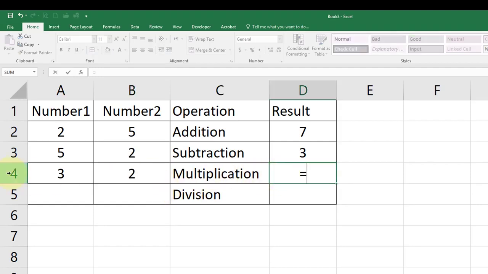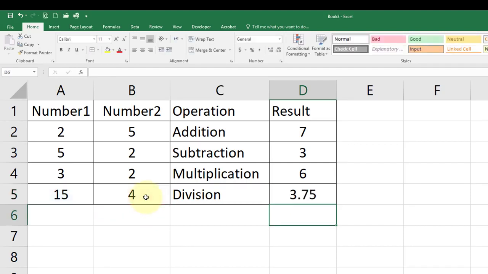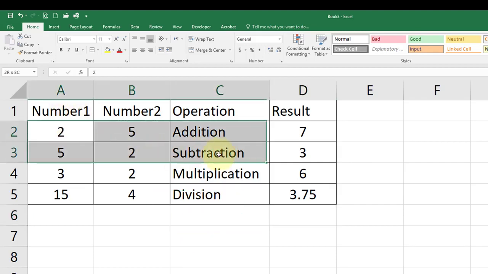The equal sign, the first number, then the operation, which is multiply, and the second number. Then we have division. The equal sign, the first number, then the operator, and then you have the second number.